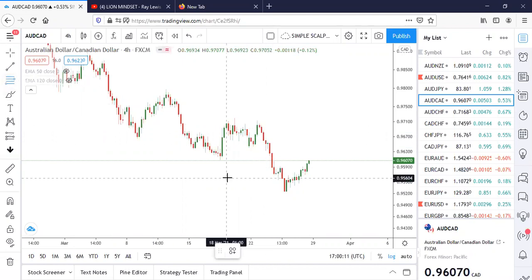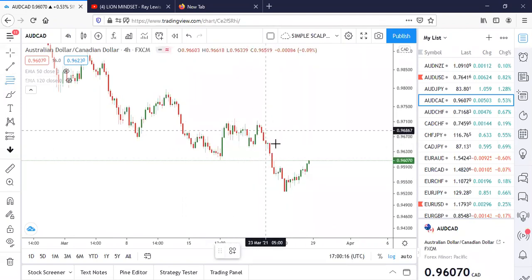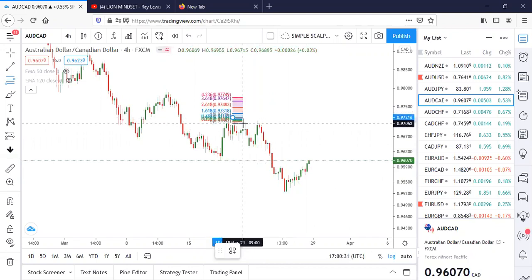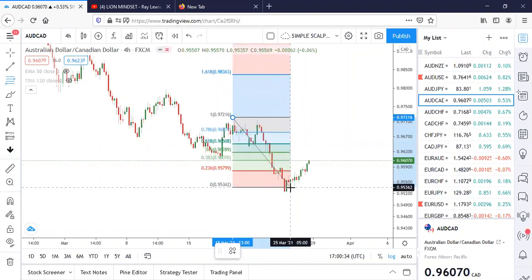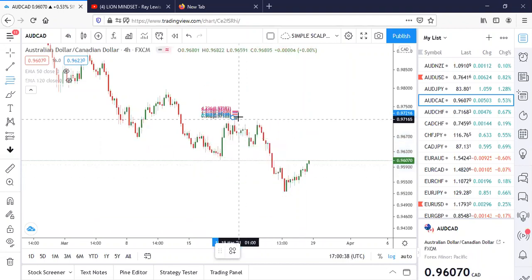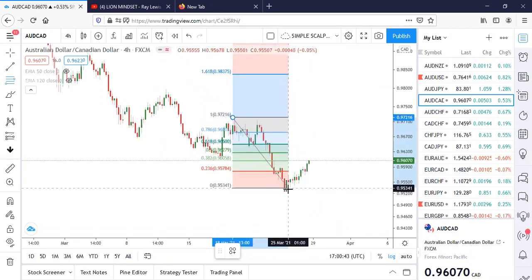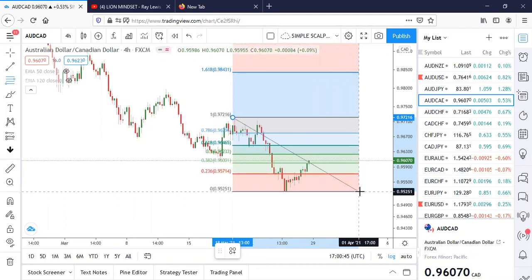If you are using MetaTrader 4, just click on your Fib. In this case, price is going down, all right? So you want to start from the last high. This is the last high. You can use this or this, it's the same thing. So you want to draw from the last high because the market is going down. You want to draw it down because it's going down. Draw it to the last low. This is the last low. Okay, draw it. As you draw it, you want to wait for price to